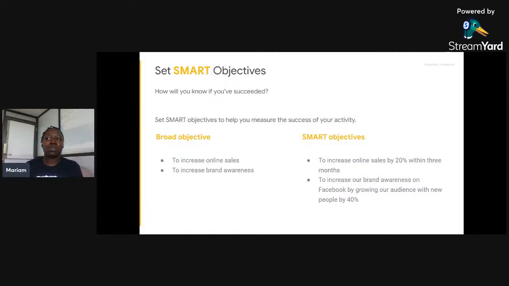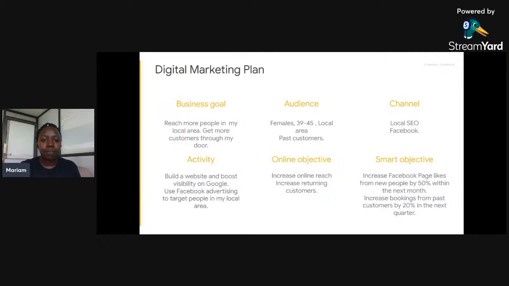They must ask you a question: in what period of time? What do you mean exactly? You want to increase sales? How would you want to do that? So being SMART means you're going to add that part of being measurable. For example, you can see, to increase online sales by 20% within 3 months. Instead of saying to increase brand awareness, just add that you want to increase brand awareness on Facebook by growing your audience with new people by 40%. So that's what we mean when we say